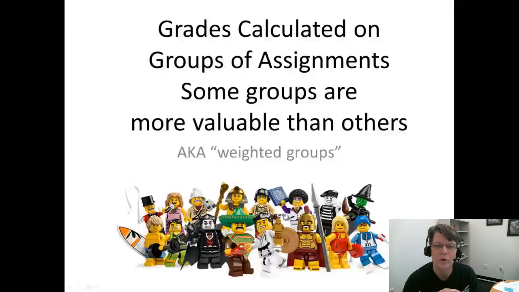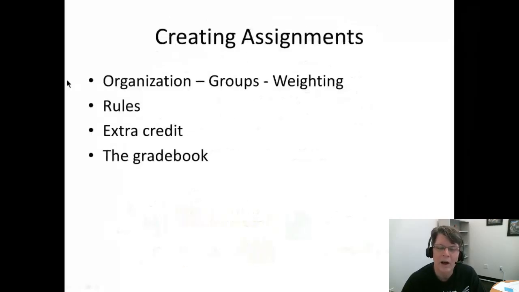This video on grades and the Canvas gradebook focuses on what I call weighted groups, or giving some groups of assignments more importance in the student's final grade than other groups. What we're going to be talking about here is how to organize your assignments in Canvas so